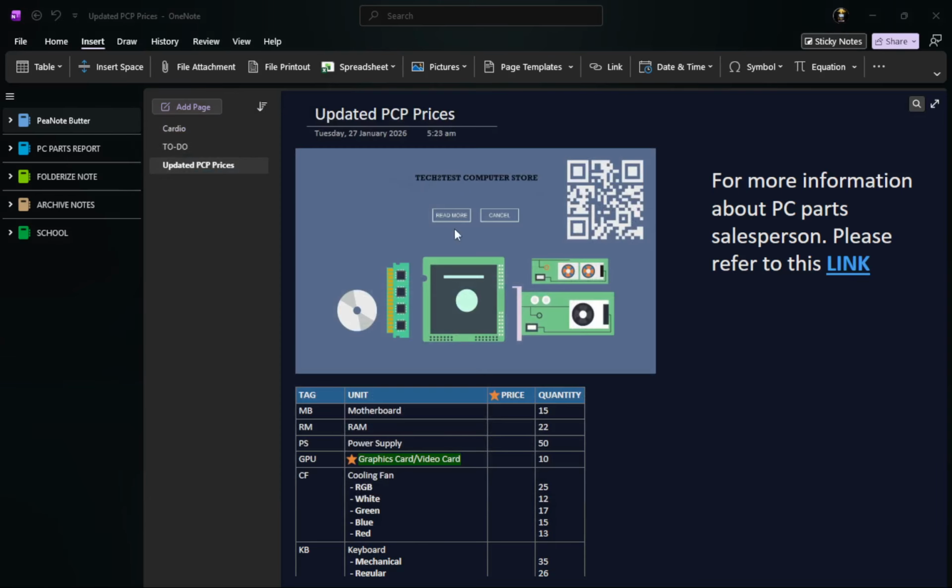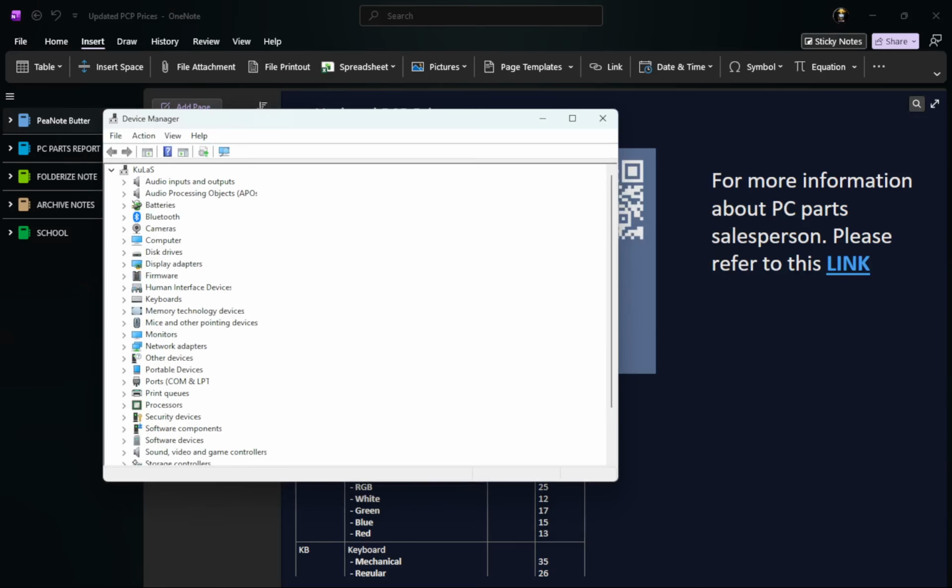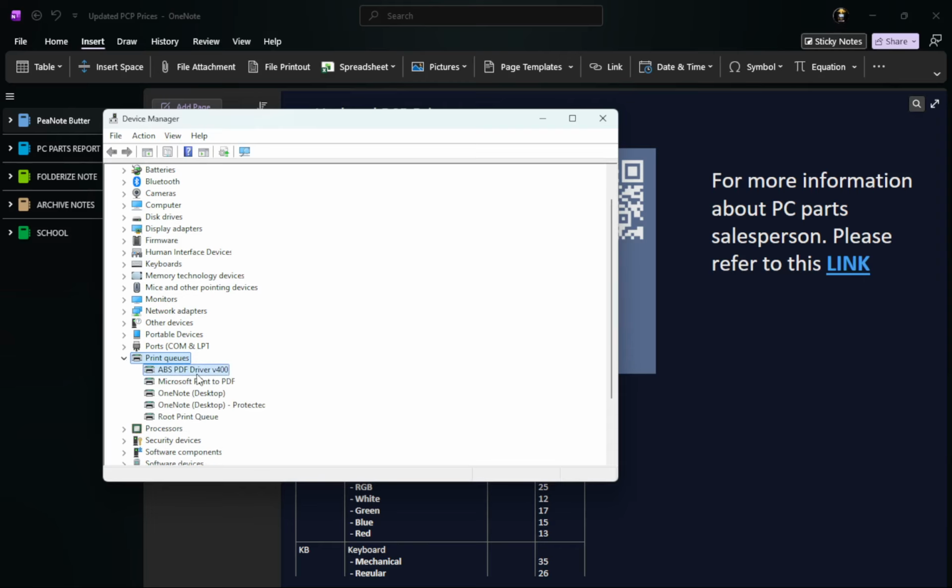If OneNote gets stuck on a message like cleaning up from the last time it was used, you might need to clear the OneNote cache or repair Office. To clear the cache, navigate to the OneNote settings. Alternatively, you can go to Control Panel, then Programs and Features. Locate Microsoft Office, right-click, and select Repair. This is a useful move if OneNote has become unresponsive or slow. You'll see improvements after these actions.